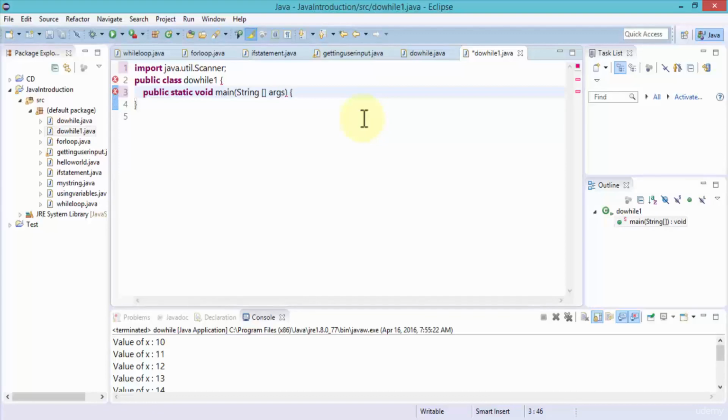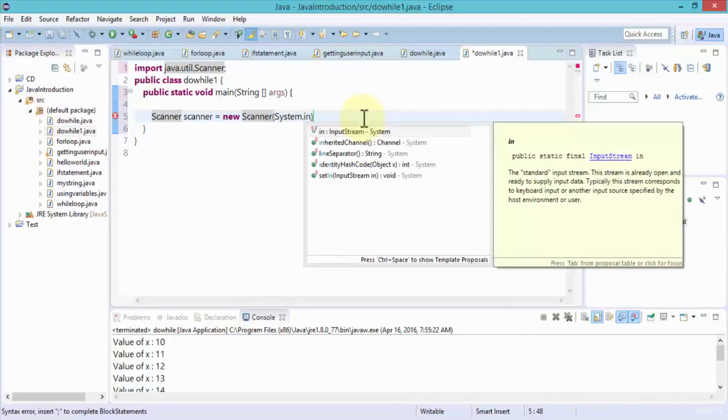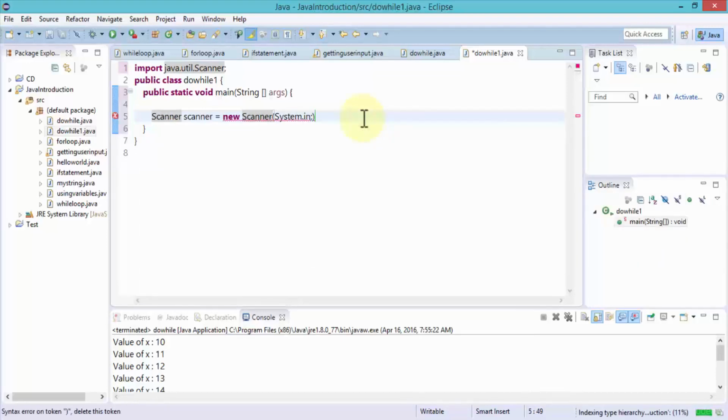Open our curly braces. Perfect. Next, let me do the scanner. So it'll be scanner equals, I'm going to call it new scanner, and then specify the system in, which is the input, semicolon,